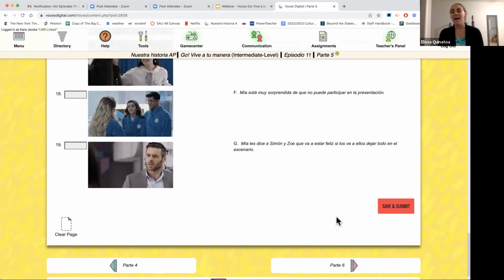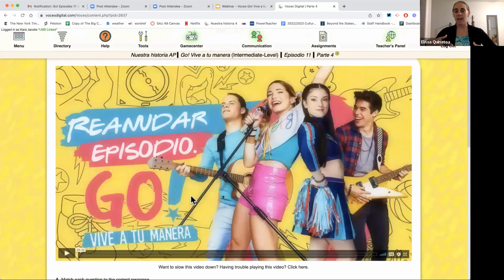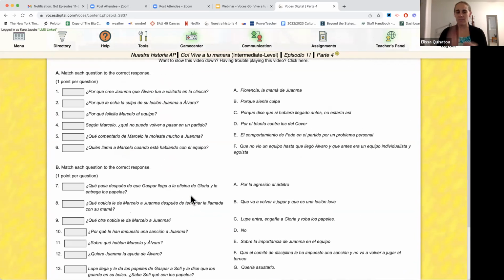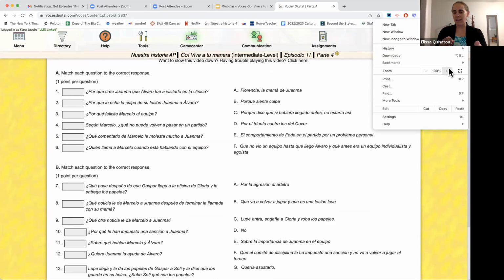Yes, I can. So basically what I did was I printed out the questions and answers. I cut it up so that the students have the questions, and then I cut up the answers so that they are around the classroom. I did have to do a little extra prep. I didn't use the letters that are assigned in Voces.